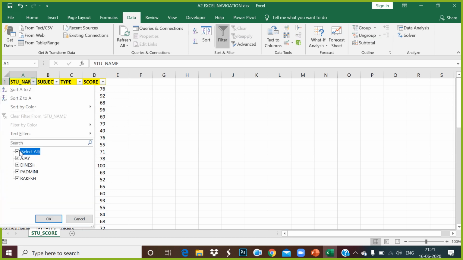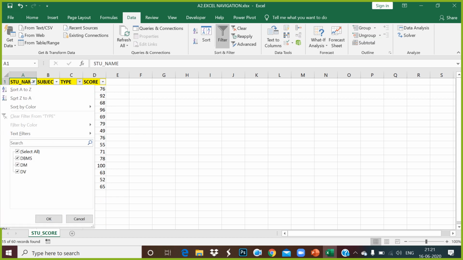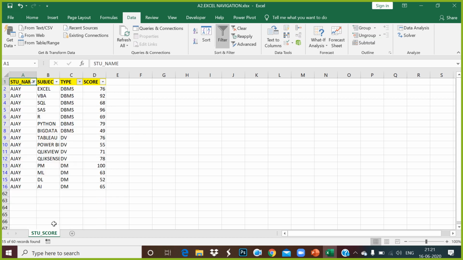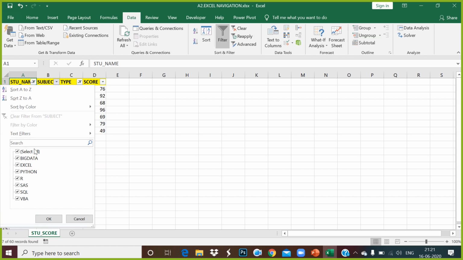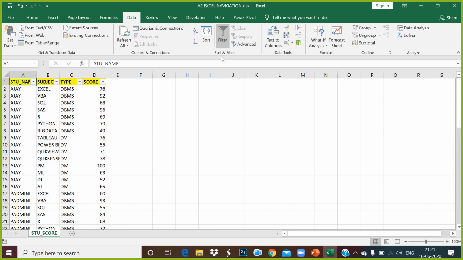Now, how should I go for making this? I go for selecting Ajay, so it's selected only Ajay's data. I make a filter on Ajay's course, DBMS. I can select DBMS, and within DBMS, I select big data. So I can see here what Ajay's score is in big data. Now there are 3 different filters given on the data. Can you see that? All these filters are given here. Yes, sir. Now, if you click on clear filter, it's going to clear the entire filter. But if you click on filter, it's going to remove all the filters from each field.